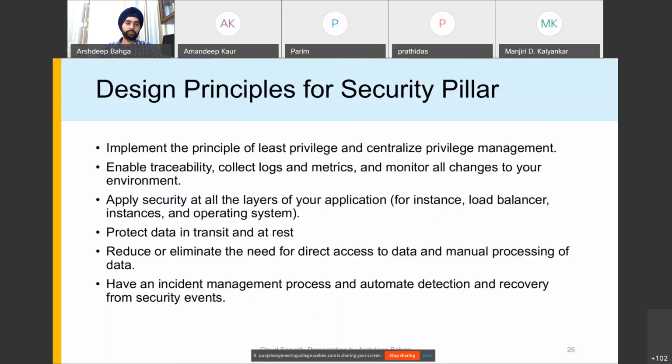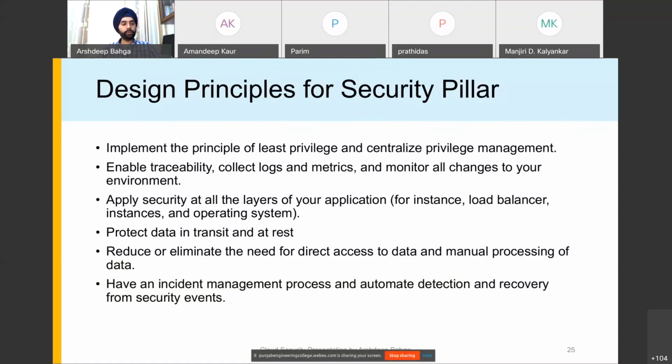And since the topic of this talk is security, we'll look at the security pillar in a bit more detail. So what are the design principles of the security pillar? Firstly, the Well-Architected Framework recommends that we should implement the principle of least privilege, and we should centralize the privilege management. So what is least privilege?